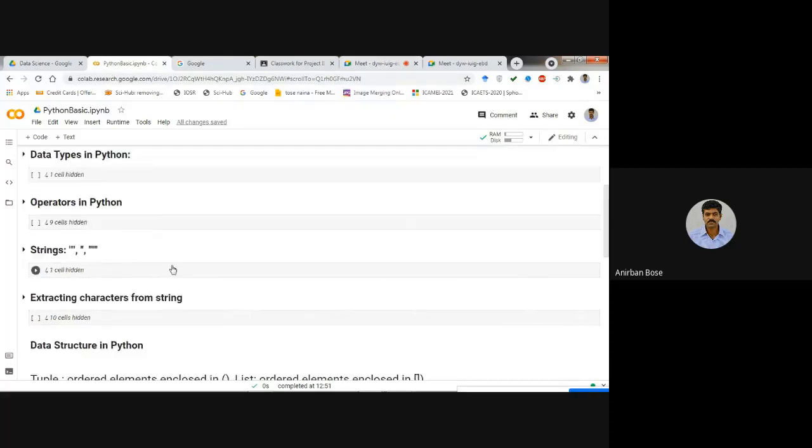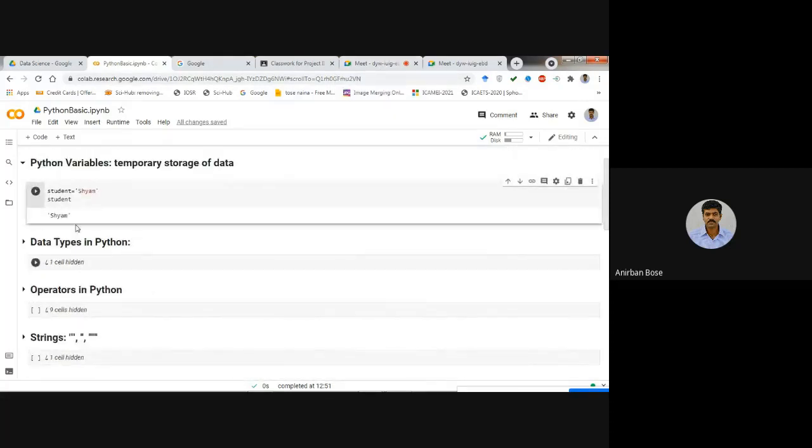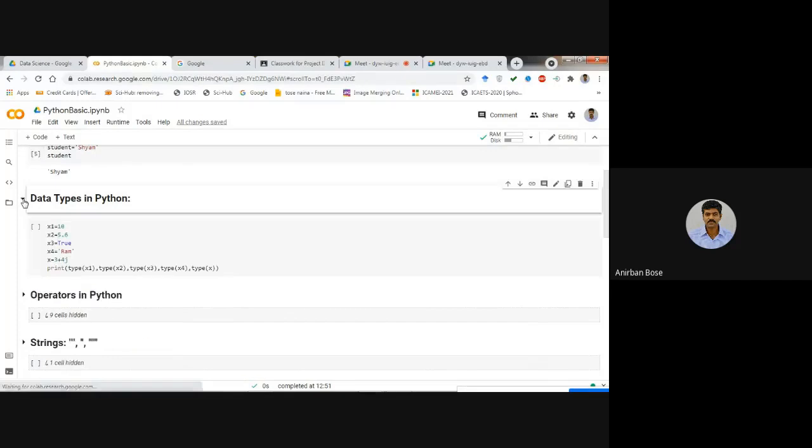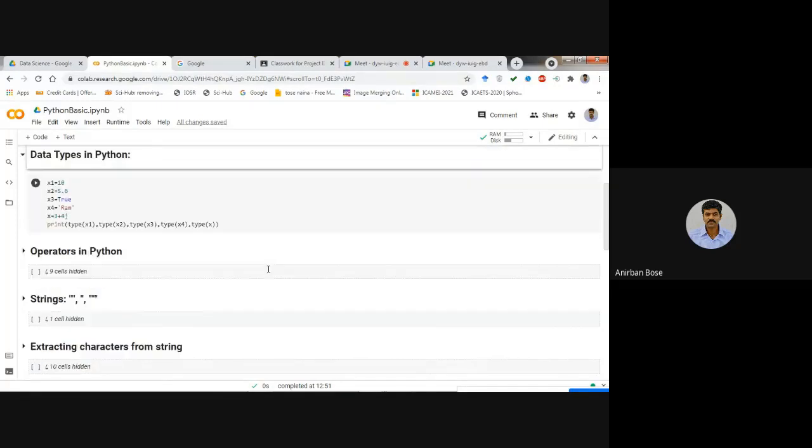Okay, so that means it's working fine for everyone. Here I have given one example for a string. You can also assign some integer or some float, because you know that there are different kinds of data types. So what are the different kinds of data types present in Python? It can be integer. Like I have given one variable name x1 and I have assigned an integer to this variable. So x1 is equal to 10. Now x1 contains this integer 10.